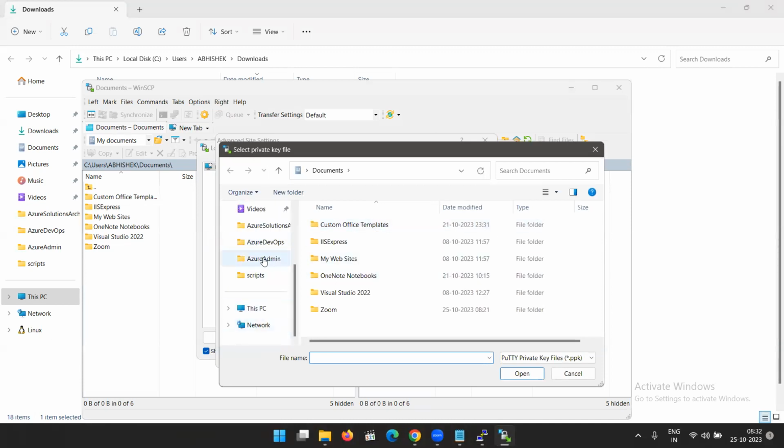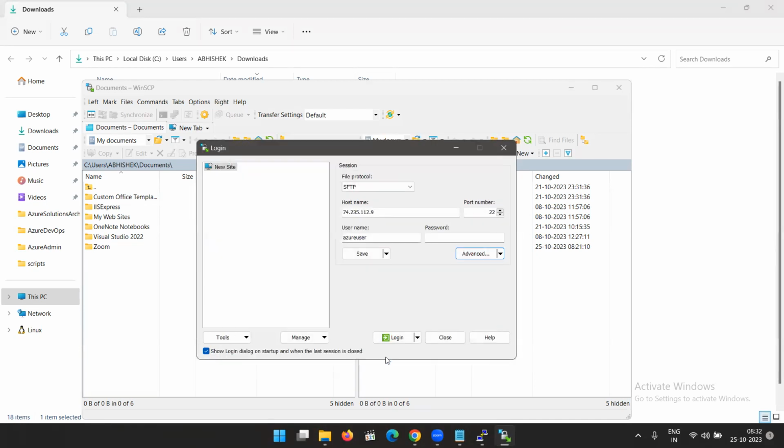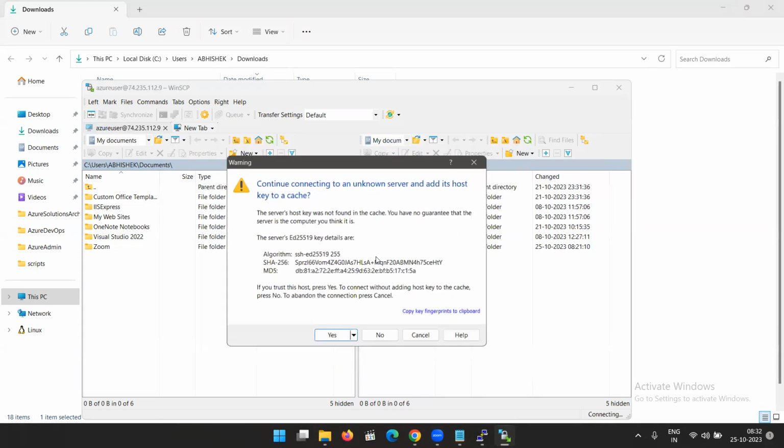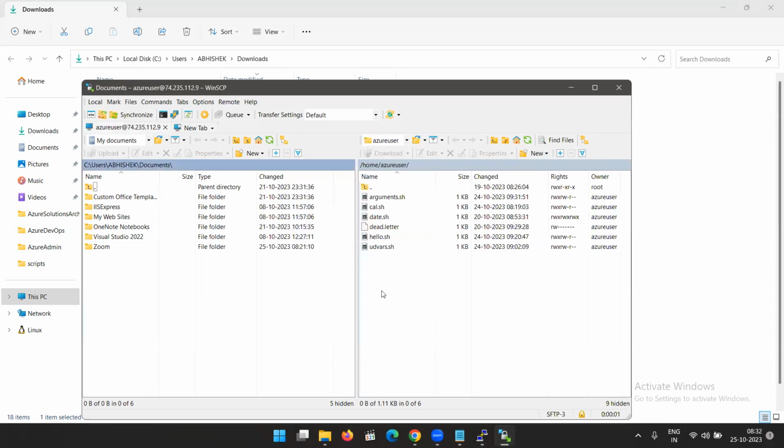So we'll go to this. Directly log in. Can everyone see here? Yeah, here is our Linux server, home Azure user. You can